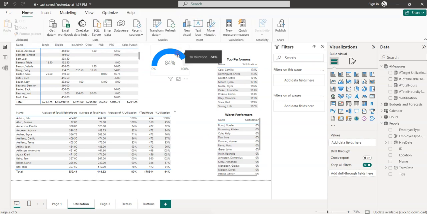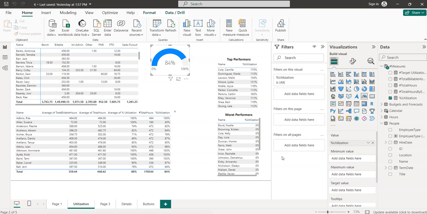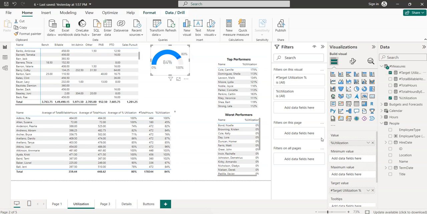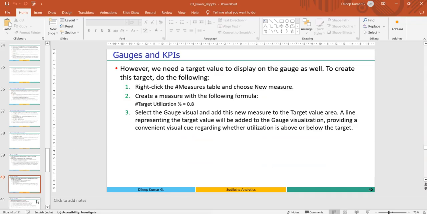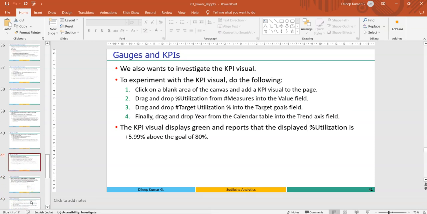So done. So select this, and under the target value, here you have the field target value, so set the target value to target utilization value. So you can see the target is 80%, static value is 80%, but actual value is 84%. You can have a line over there. So that is setting the target value. Next, we also want to have a KPI, key performance